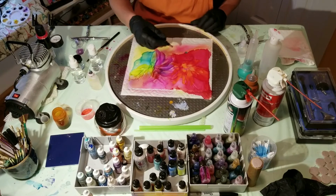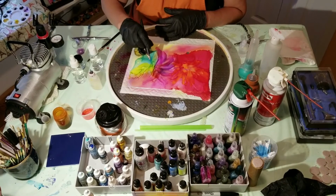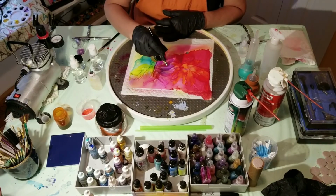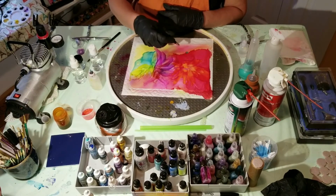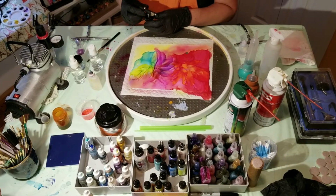So anyways, that's the different ways in which you can maneuver your inks with different types of air. I'm going to work on this a little bit more,